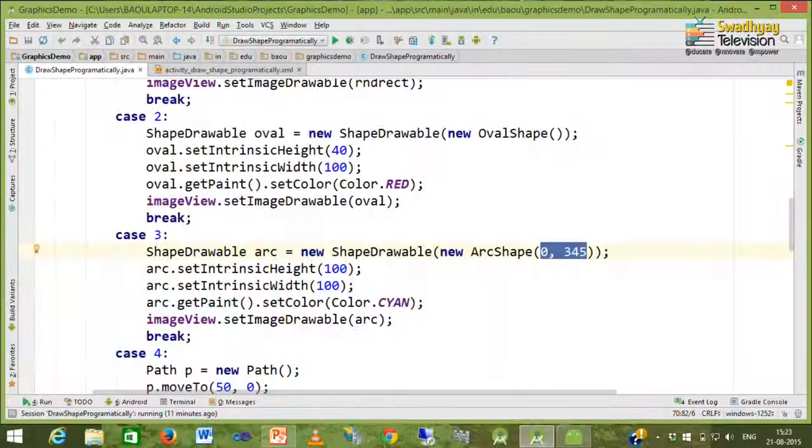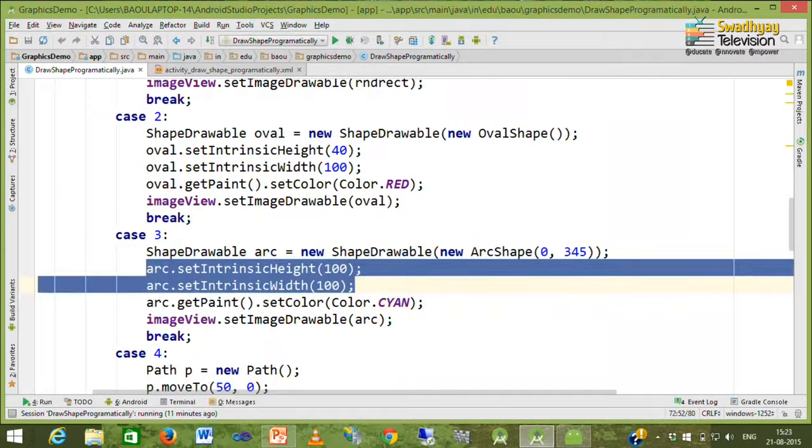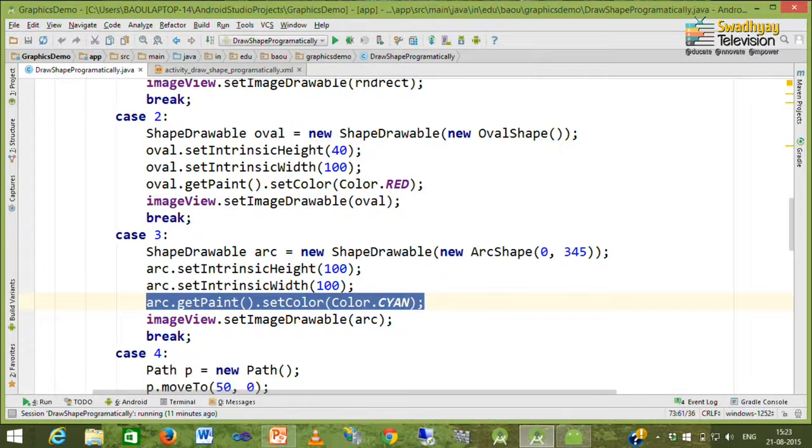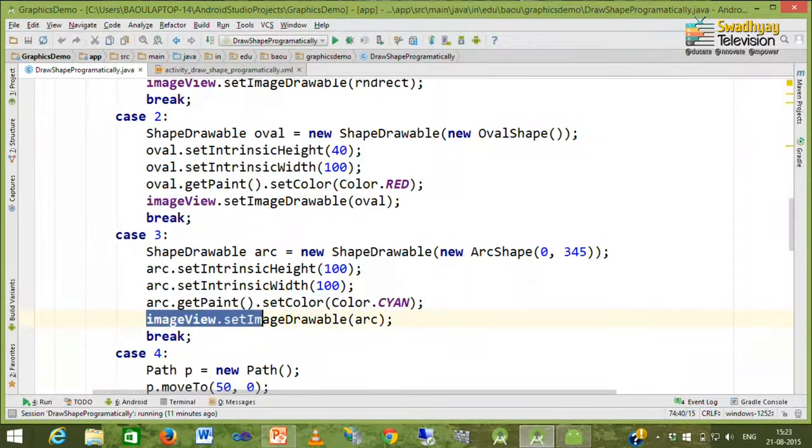You can vary this angle to draw different types of arcs. Next two lines specify height and width for arc, and these lines specify color for our arc, and finally, we fetch this arc inside image view using set image drawable. So, this is how you can create arc.